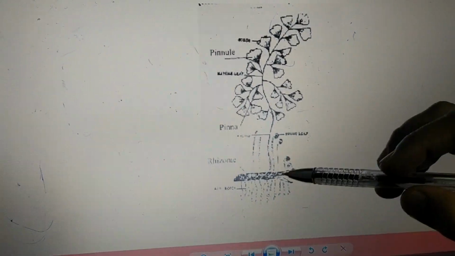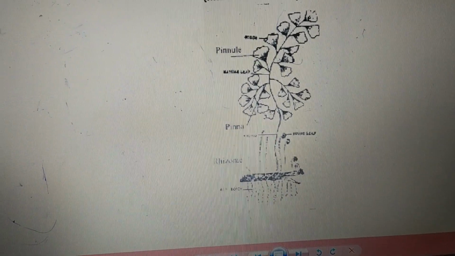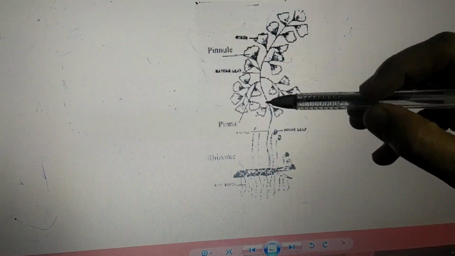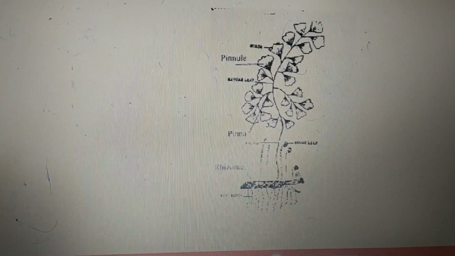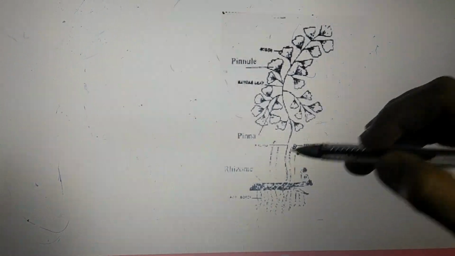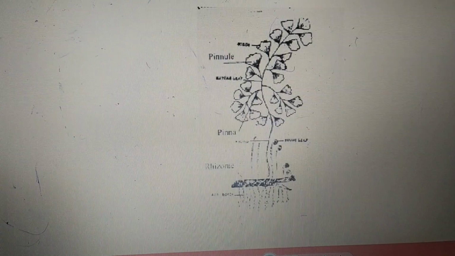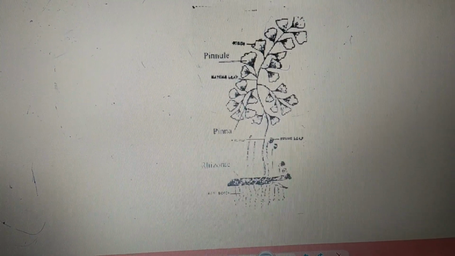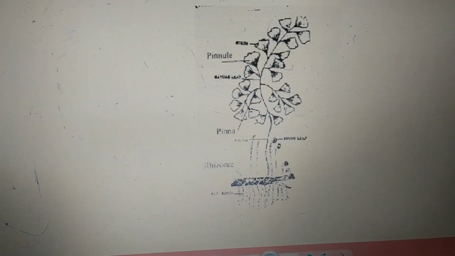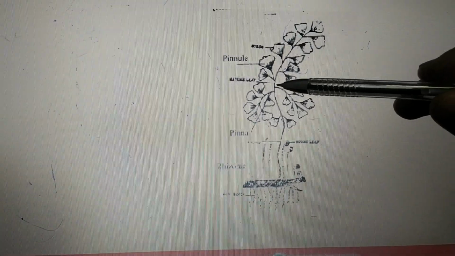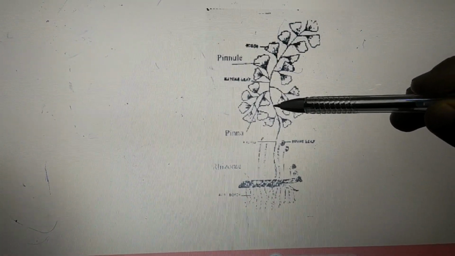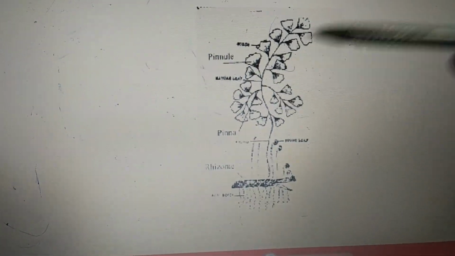Now speaking about the leaves, here we have the main axis. This main axis is called the rachis. This rachis is black in color and shiny in appearance. Apart from this, it has some minute hair-like structures present on the entire rachis. That's the reason Adiantum is more commonly called maidenhair fern. Maidenhair fern is the most common name of Adiantum, because of the appearance and the glossy nature, followed by the presence of hair-like structures on this main axis, the rachis.